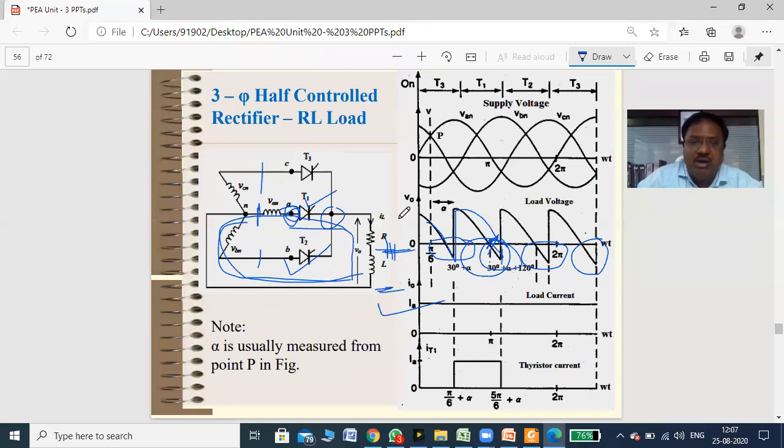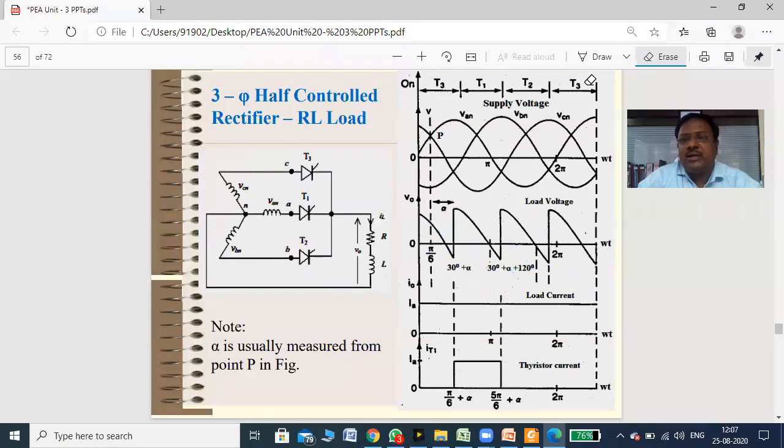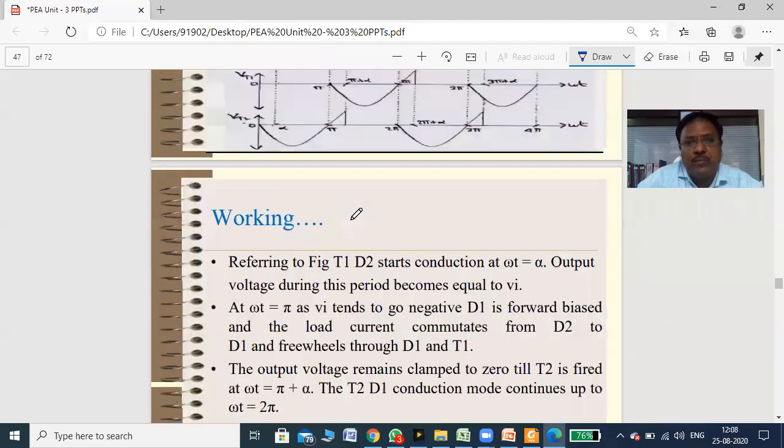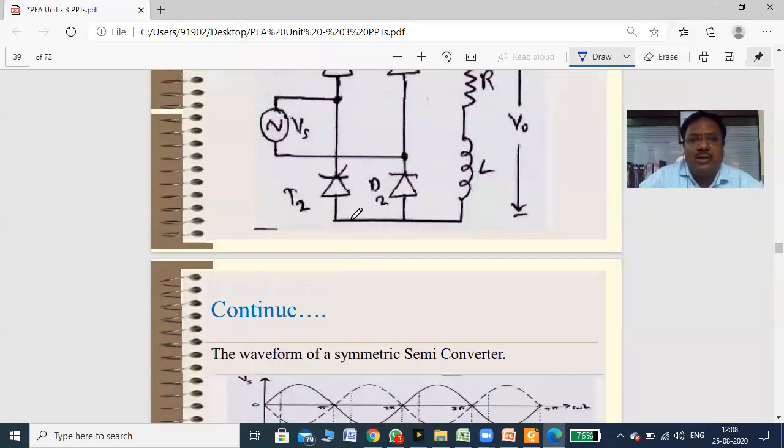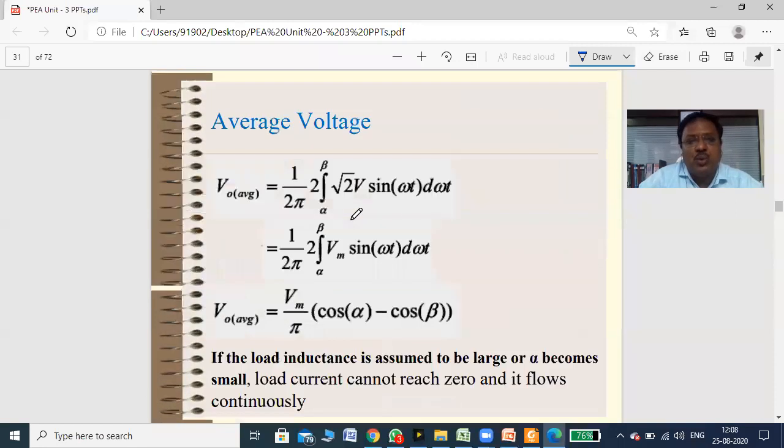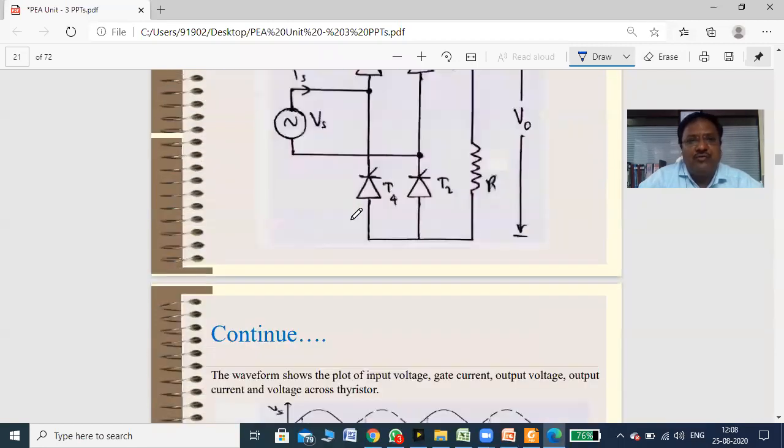So this happens every time: the inductor stores the energy in its magnetic field, and whenever the particular phase is reversed, that time the energy stored by the inductor is released through that particular conducting SCR, right? So that SCR is continuously on in the negative half cycle. So already we have learned this. You just remember the first one that I'll show you. The working is the same, only there are three different phases.